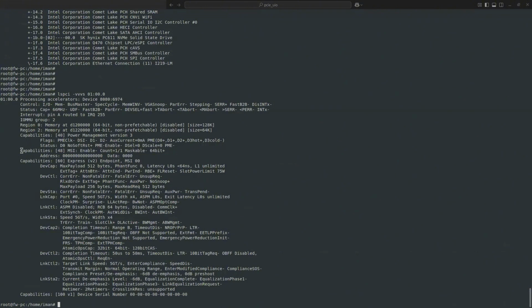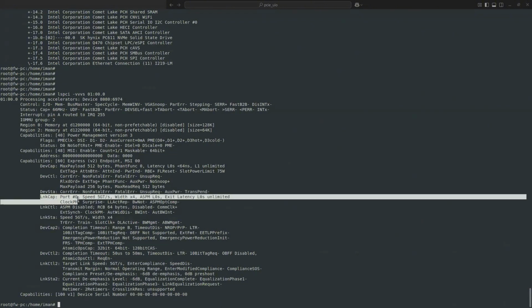Another important part for debugging is that we have some specifications here. First of them is, let me show you, it's here, the link capability. Link capability is part of the configuration space of our device.